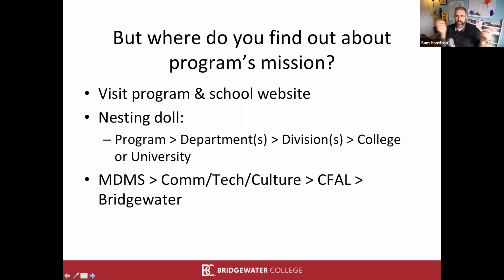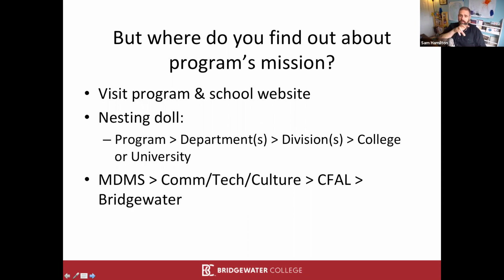Same thing applies for a job. If you're applying for a position in a particular branch of a company, that position is going to exist within that branch. That branch is going to have a relationship to other branches, and there's going to be a hierarchy or some type of structure that position is situated in. And you need to make sense of how that position fits into that larger structure in terms of the institutional mission, right? So Bridgewater College's mission statement, that you can find directly on their website, their values statement,